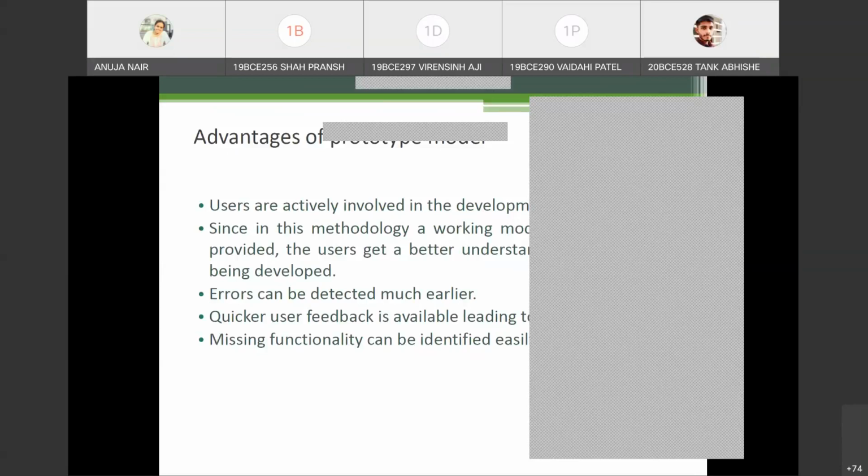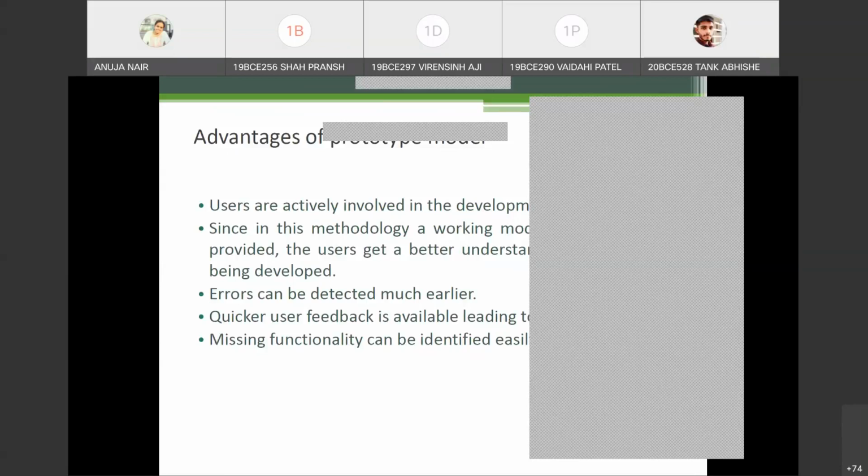So something like that. You don't want to end up making your own thing completely and then give it to the customer that, okay, I have created this. And if then some changes are coming, it would be difficult. So what you do is that you directly use some prototype which is available and then show it to the customer. If the customer is satisfied, it's fine. If the customer is not satisfied, change the prototype, right?